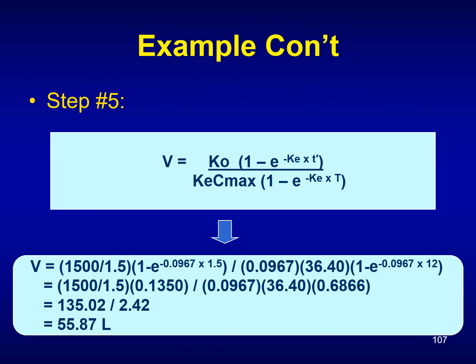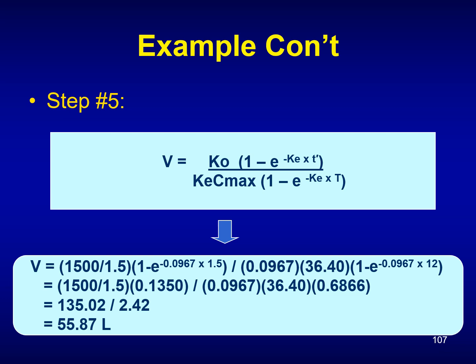Because in the previous slide, we saw that the patient's true Cmax and C minimum are not within target range, we need to proceed further with calculations in order to derive a better regimen for the patient. So step 5, we need to find out the patient's actual V using the patient's true Ke and Cmax. So dose of 1500, infusion time of 1.5, all over patient's actual Ke, true Cmax,